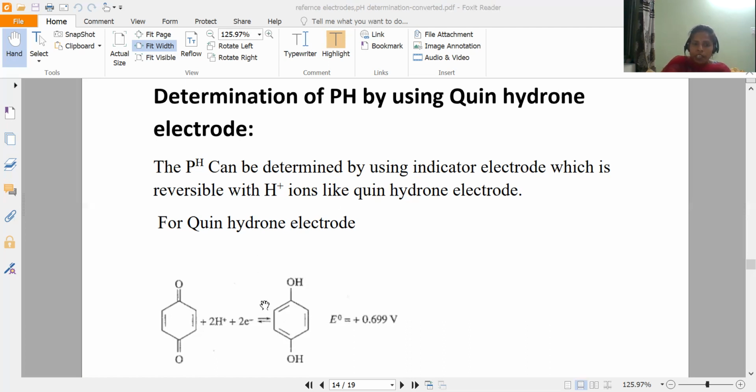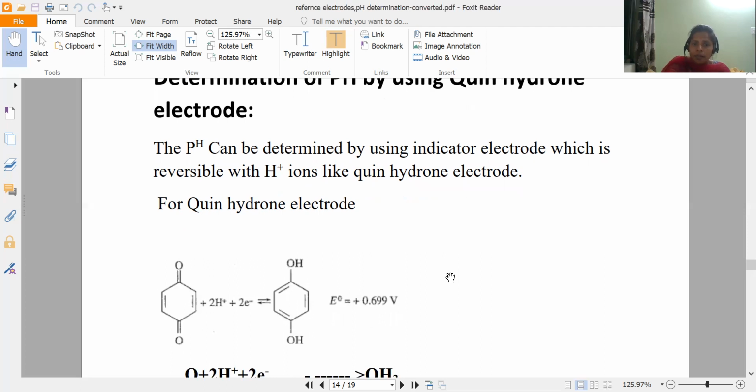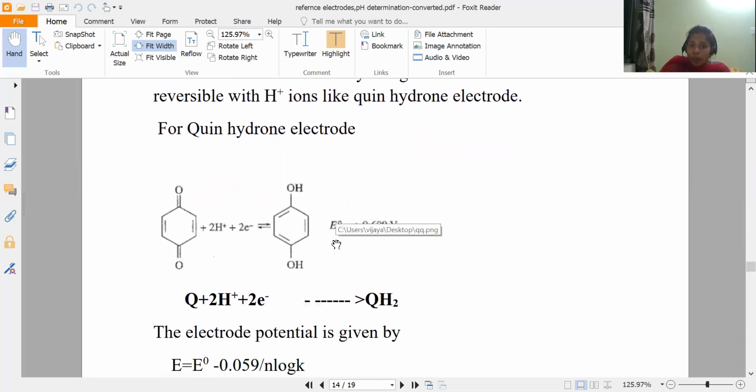And this is the reaction part; we have already seen it. And this is the E0 value of Quinhydrone. What is the E0 value? E0 is the standard electrode potential, which means the potential at standard conditions. What are the standard conditions? Room temperature and atmospheric pressure. At the standard conditions, the E value is called E0, the standard electrode potential. The value is 0.6994 volts.